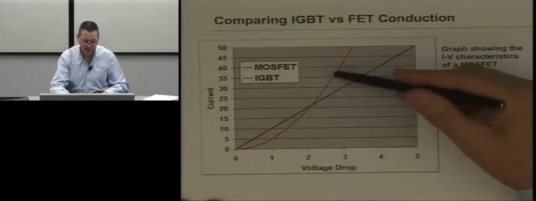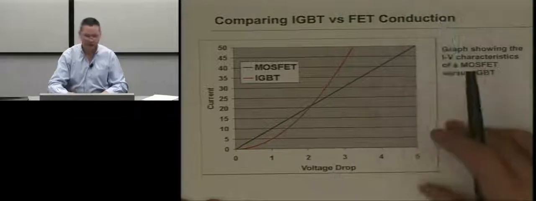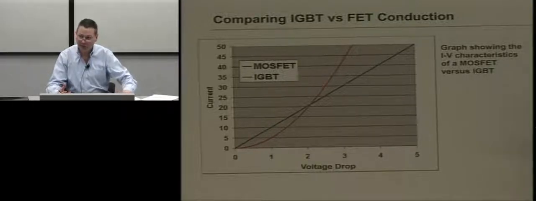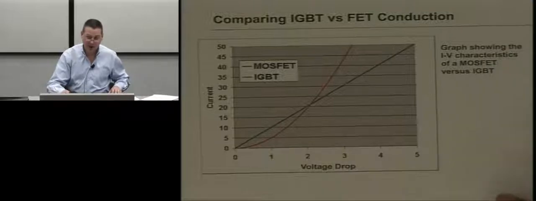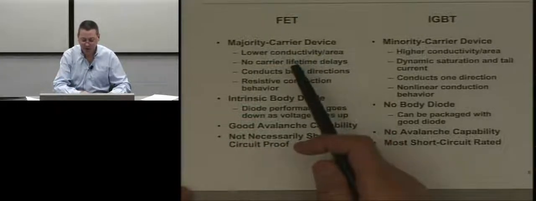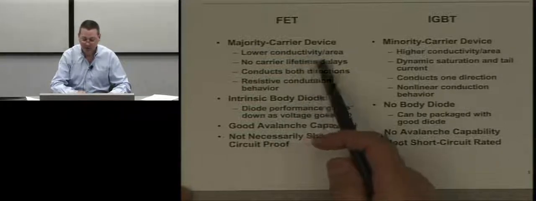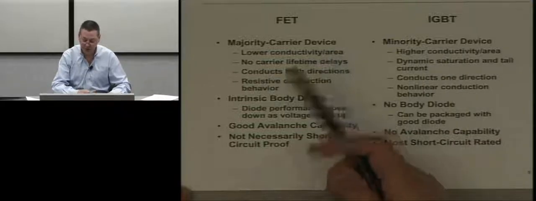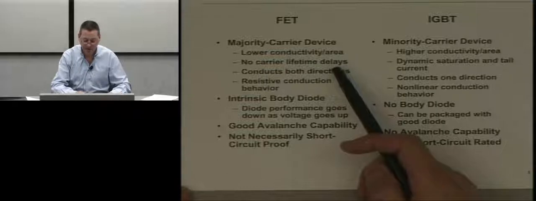So they have quite different output characteristics, and the bottom line is that it gets down to dollars per amp, right? Ultimately everything is cost driven, so you can get the job done with a smaller, lower cost piece of silicon using an IGBT rather than a FET. The FET is a majority carrier device, so you have lower conductivity per unit area than an IGBT. To carry the same current, you'll have a larger die, and I'll show you that in a moment. A FET has essentially no carrier lifetime delays, turn on and turn off,